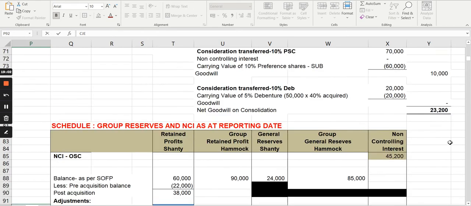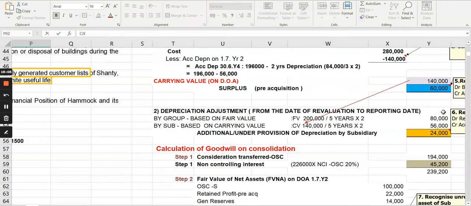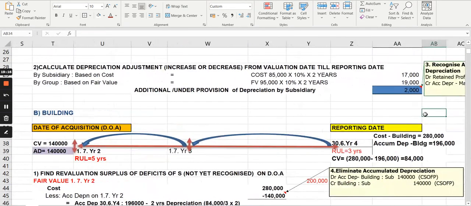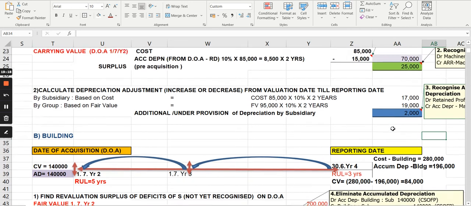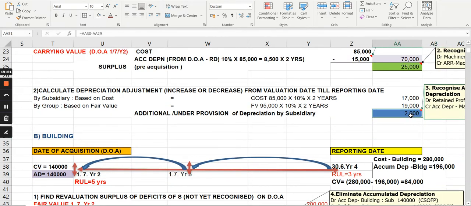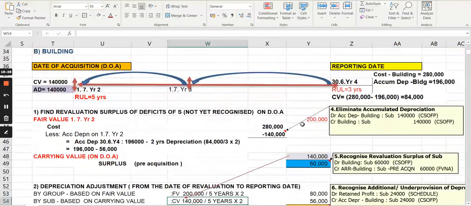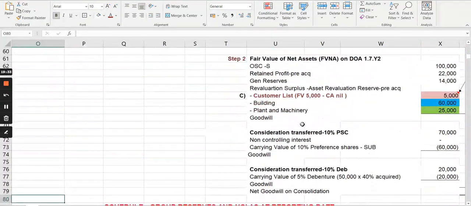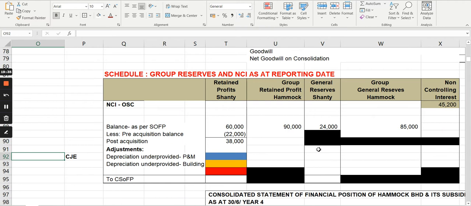You have done that much earlier. If you see here, this is regarding depreciation adjustment, where 24,000 is consolidation adjustment 6. Another one is the adjustment on depreciation as well, because that affects SOPL, right? Which is 2,000, consolidation adjustment number 3. That's why we put numbers so that it is easy for us to cross refer. So I'm going to put the numbering here as well, so that it is easy for you to refer.